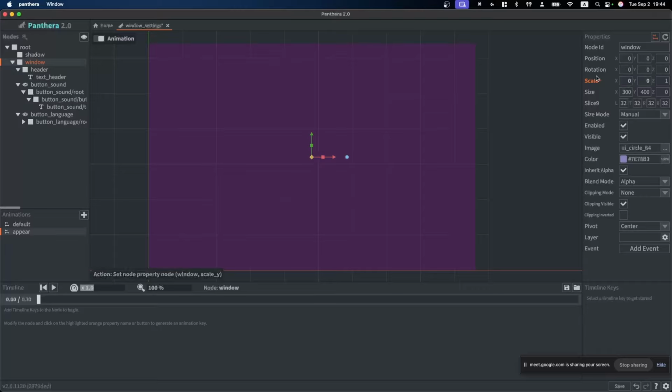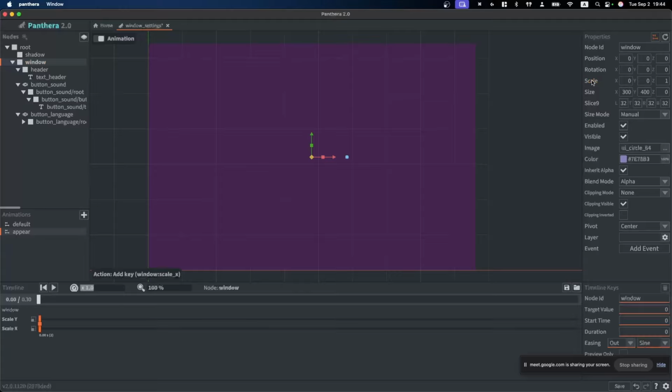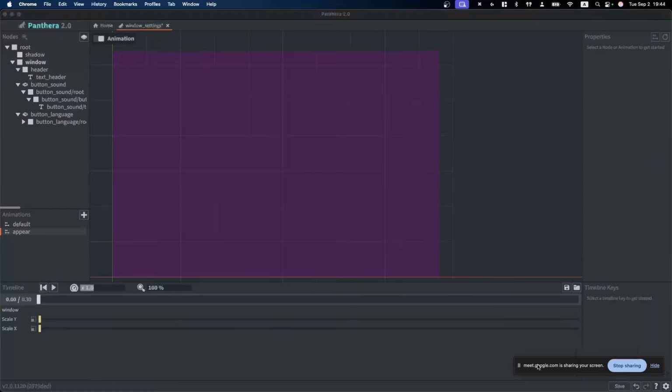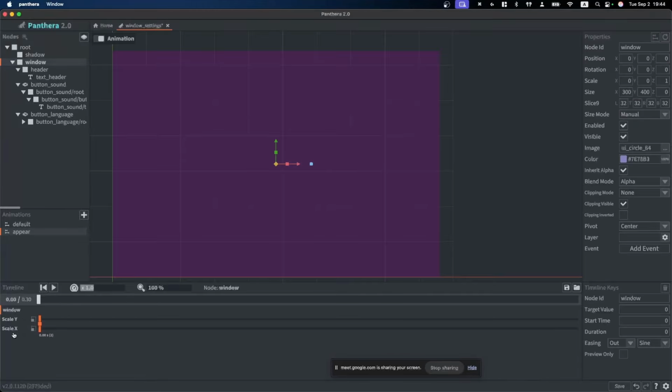You see this orange button and you can press it on this or on this orange button. It's like to commit changes. It should be a hint here, but for some reason it's not. When we scale on the highlighted properties, the keys will be created. So there are two keys for scaling with target value 0.